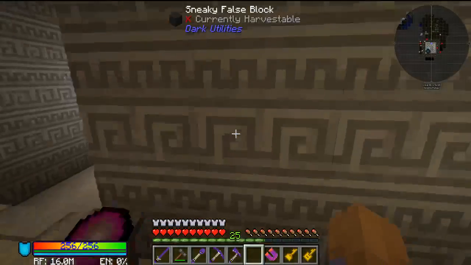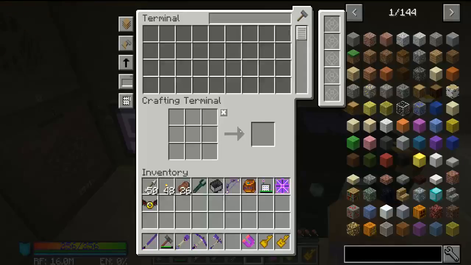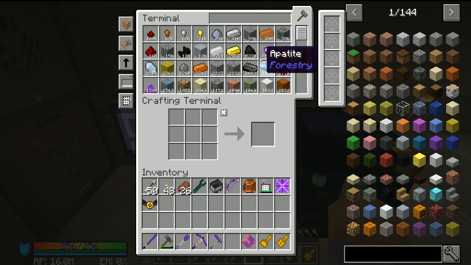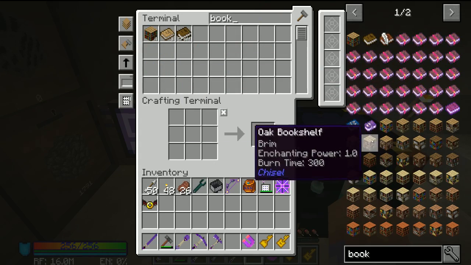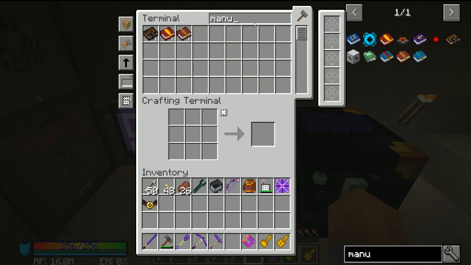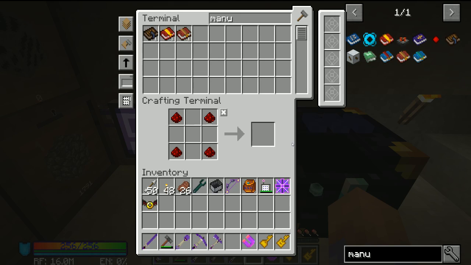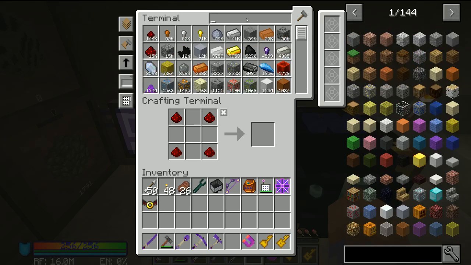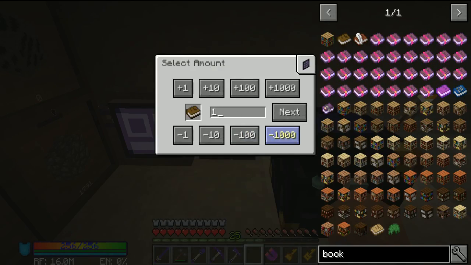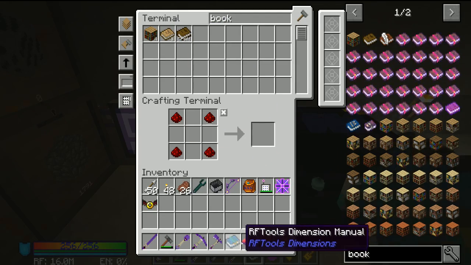Let's swing on in here. Let's see if we can just grab this. Let's look for a book. In the case of this, it should be in here somewhere. Or it's not called book. It's probably called manual, right? Manual. RF Tools Control, Dimensions. How do I not have any? Can I craft one? Yes. There we go. So this is going to be our guide into...